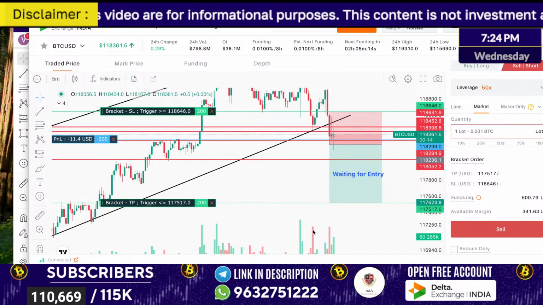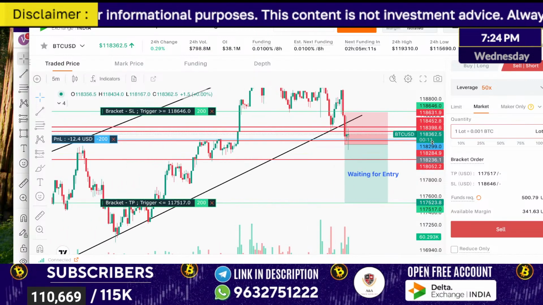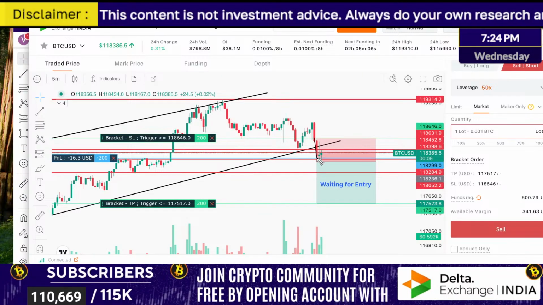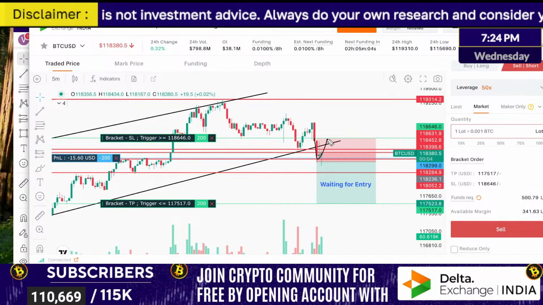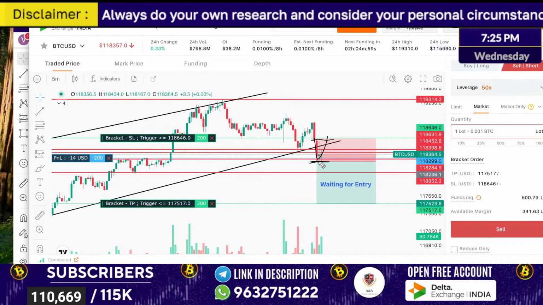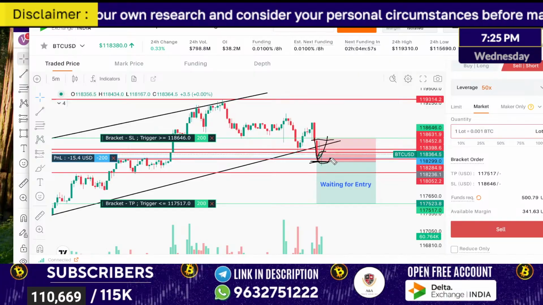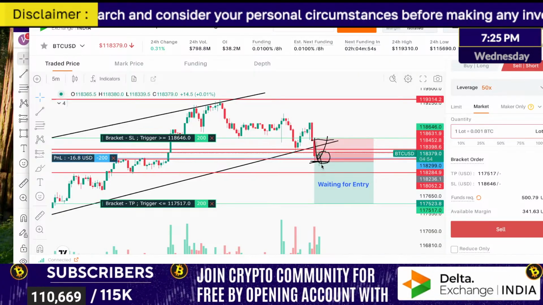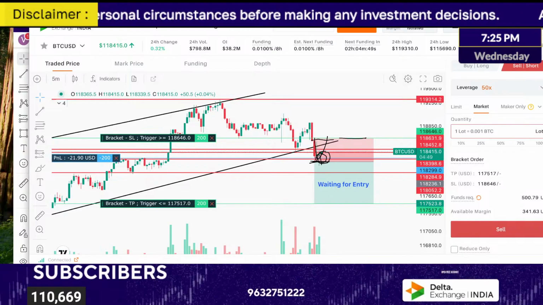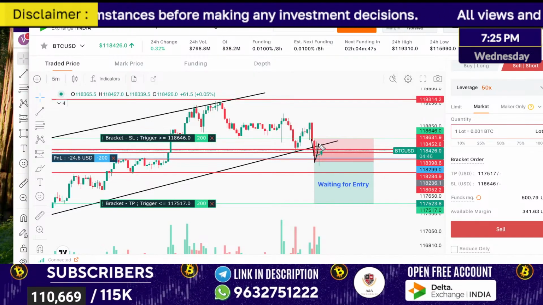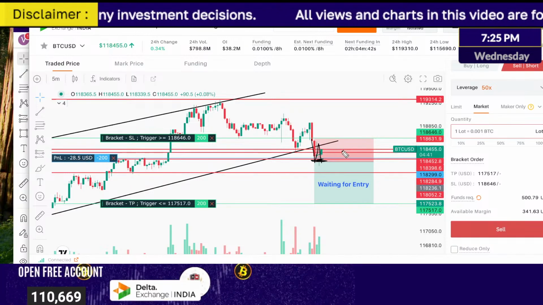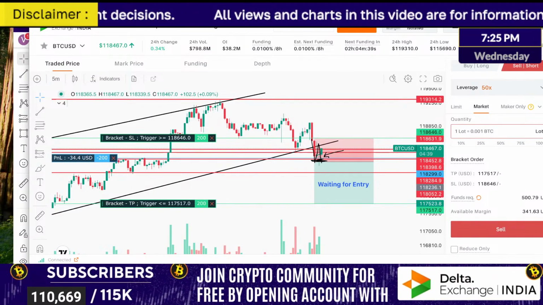Why not take call? See, to enter a call, I was thinking, okay, let it convert to false breakdown and let the market move towards the upside and give a closing above that. It did not do that. It started to show continuation here. So during this continuation, too much long if I wait, then it is a bit difficult. So here I have planned the entry. Stop loss is small, and one more thing is breakdown. This wick was a retest zone. Again here market was about to give a breakdown, so I looked for an entry at this area.